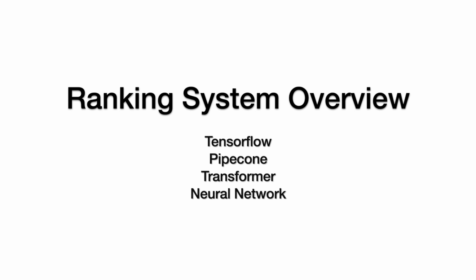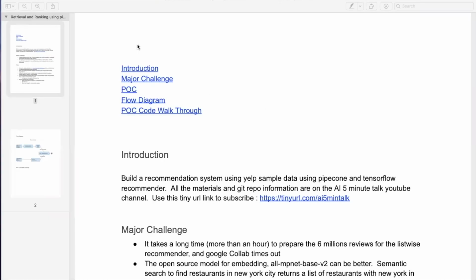Today, I'm going to give an overview of a recommendation system I have built using Yelp sample data, a Pinecone vector database, and a TensorFlow recommender model I have trained, and how to use this system to query a Yelp business, get the top 20 matches, and then use the ranking system built using